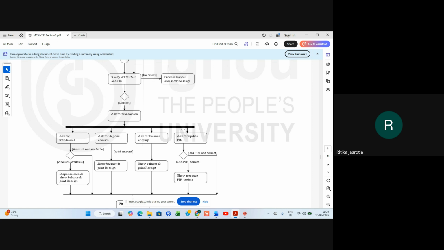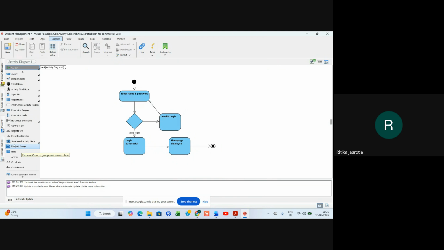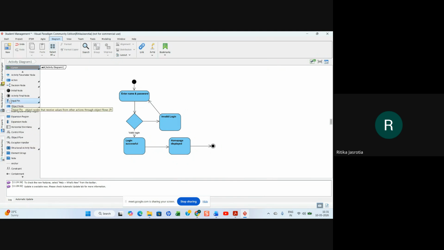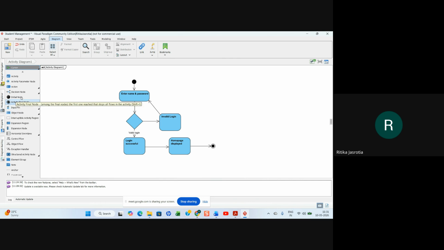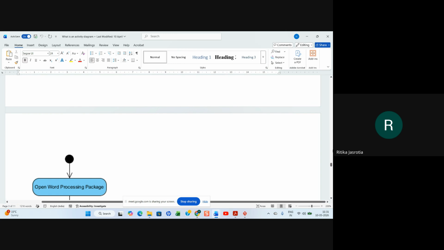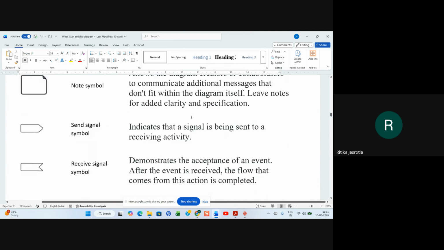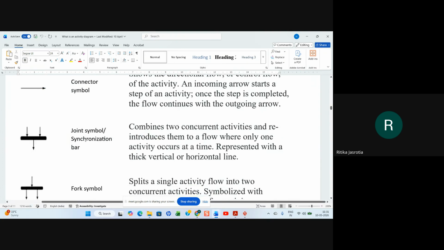Which we have seen right now. This is known as fork, ma'am. This is a fork. Not fork, the other one, the joint symbol, which combines two.